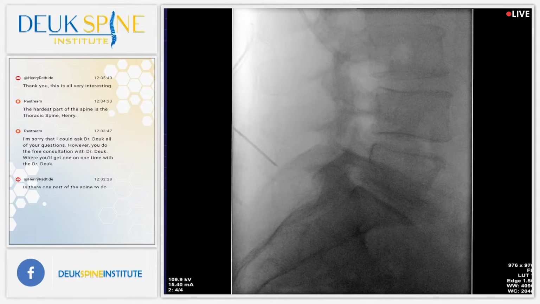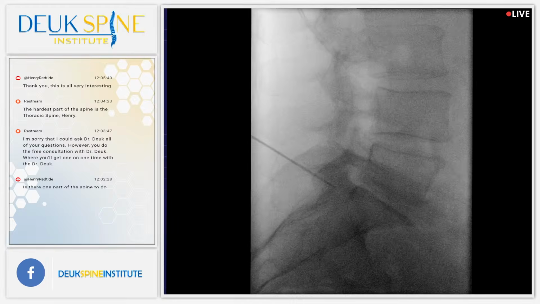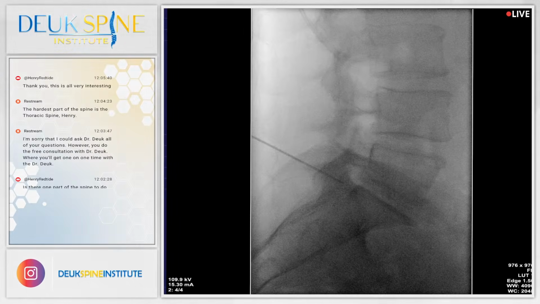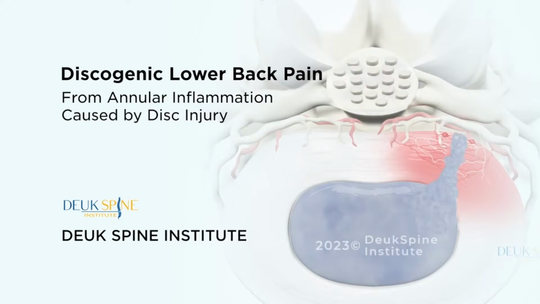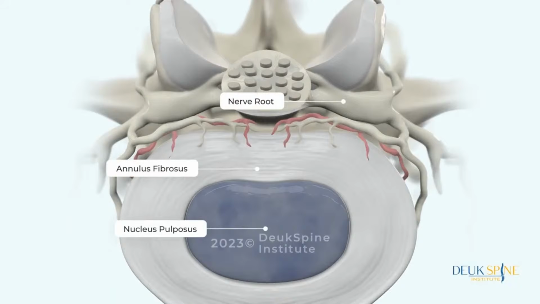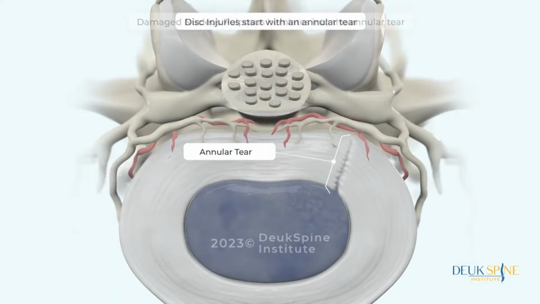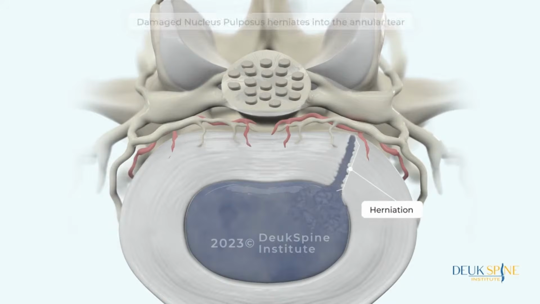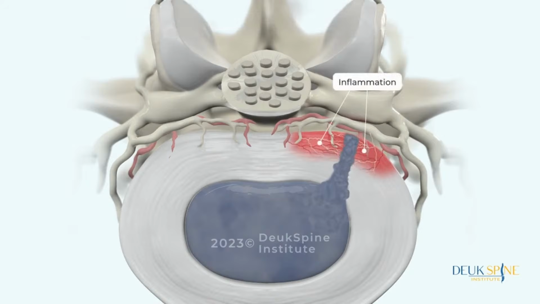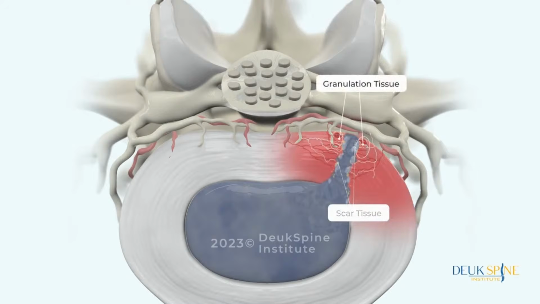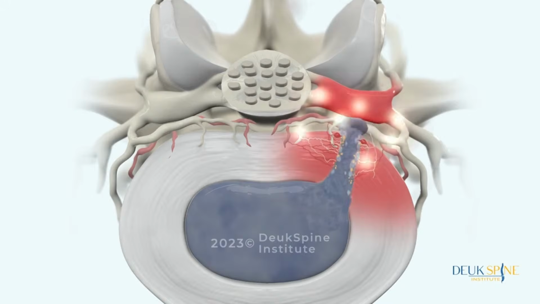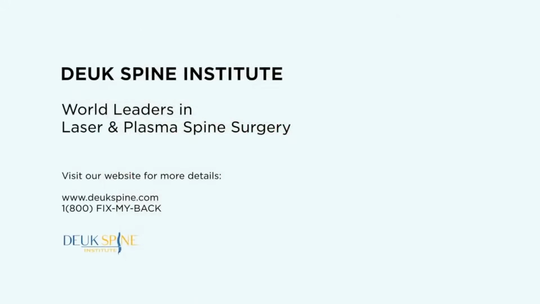How do disc injuries cause back pain? Disc injuries start with an annular tear, damaged nucleus pulposus herniates into the annular tear. The herniation triggers an inflammatory response within the annular tear. The inflamed annular tear generates pain signals. For more details, please visit our website or call us at